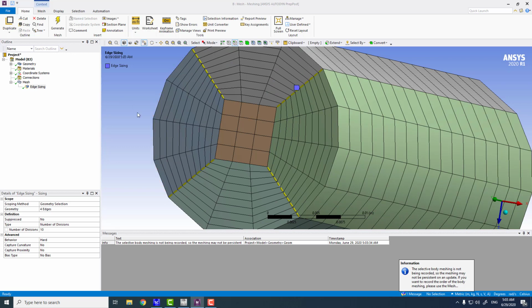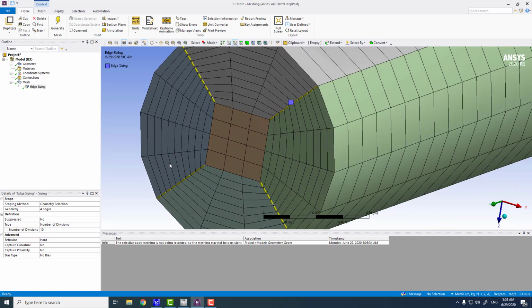So in this way, if you place hard, so soft is when the solver thinks that with the option we provided, the mesh will be of good quality, so it will opt for this. And if it thinks that the meshing will not be good, it can change these parameters according to the requirements of the working of the algorithm. But once we change the behavior to hard, whatever the problem is inside, this will force our choice on the meshing.